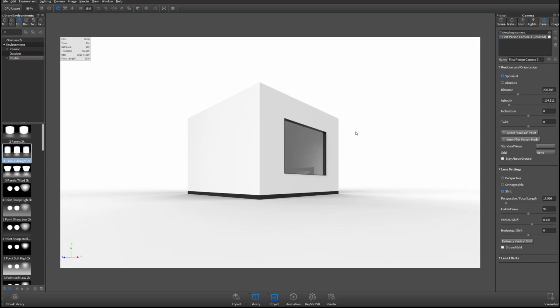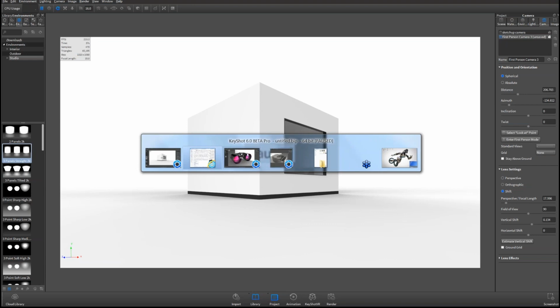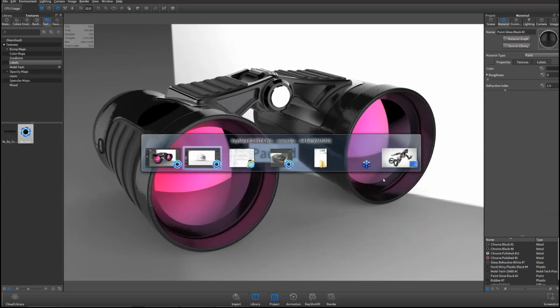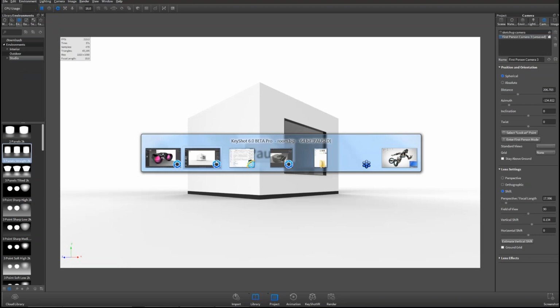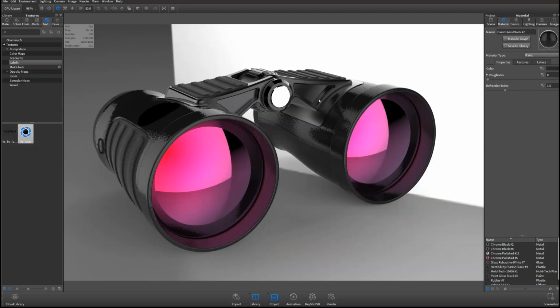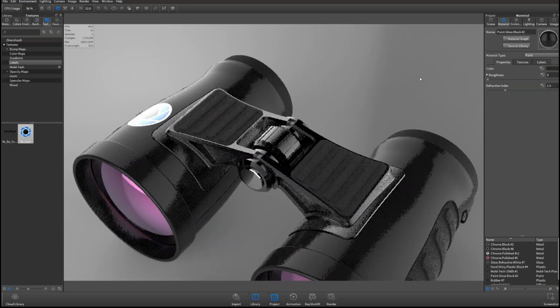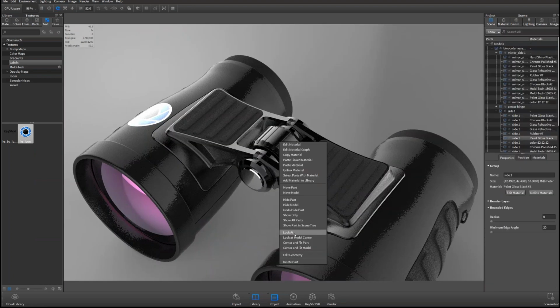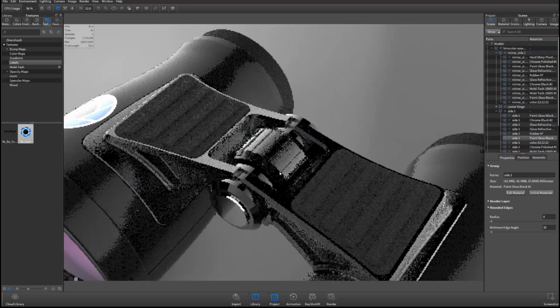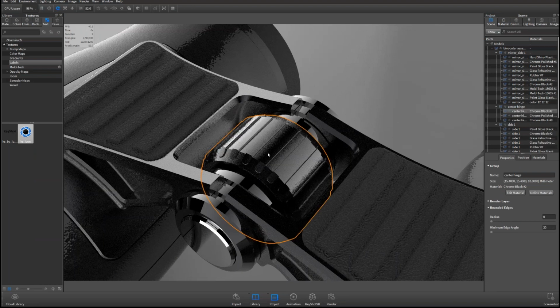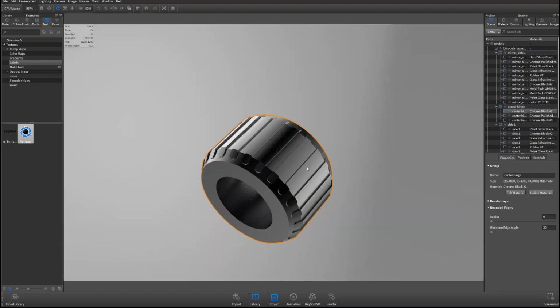One thing I want to hop back into another model to talk about before we finish up, and I know there are probably going to be some questions, so I'll try to set some time aside for that as well. But let's say back with these binoculars, let's right-click and hit Look At, because this is something that I want to make sure we touch on. This is a pro feature, but I'll make just this part visible.